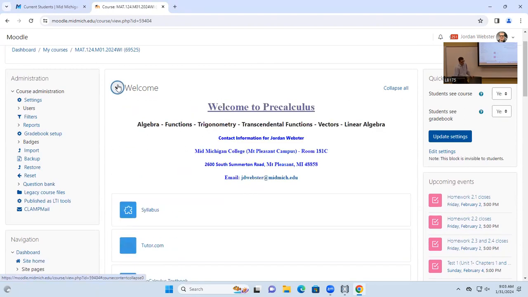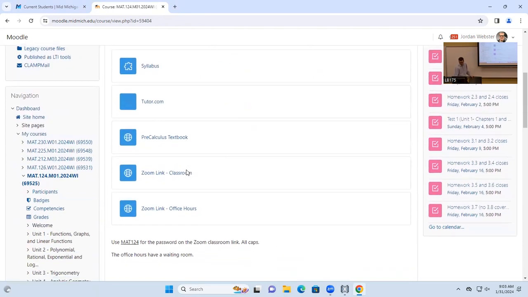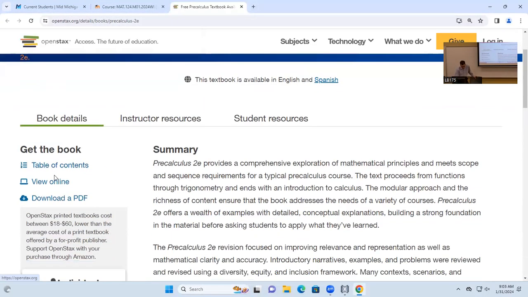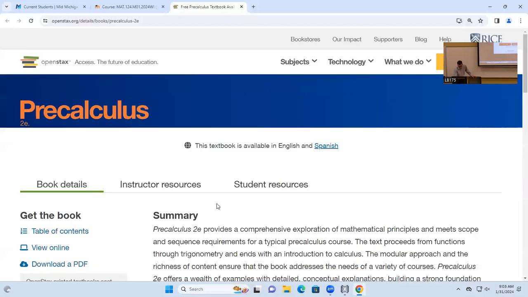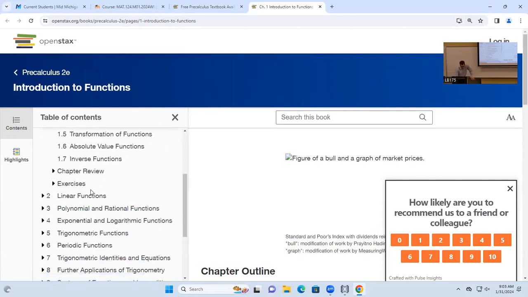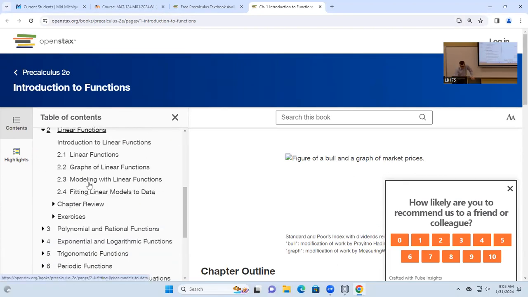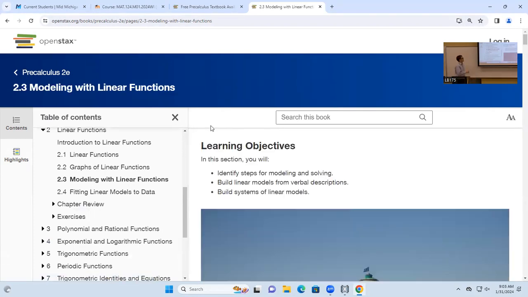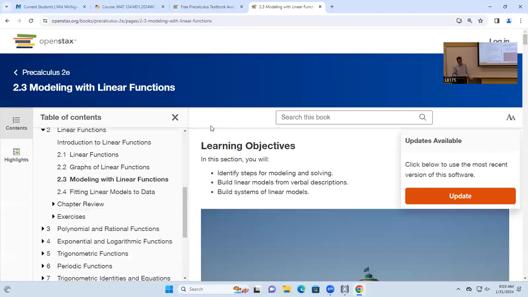So today what we're gonna do is start in section 2.3. And we're actually going to use the book a little bit more today, just for the sake of not having to write all the word problems down. Okay, so that's the idea. So we'll look at the book, but I guess before we do,